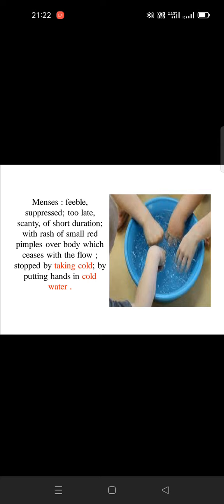In case of lac defloratum, there is also mention, we can correlate and compare with lac defloratum. In case of lac defloratum, there is menses delayed or suppressed by placing hand in cold water and drinking a glass of milk